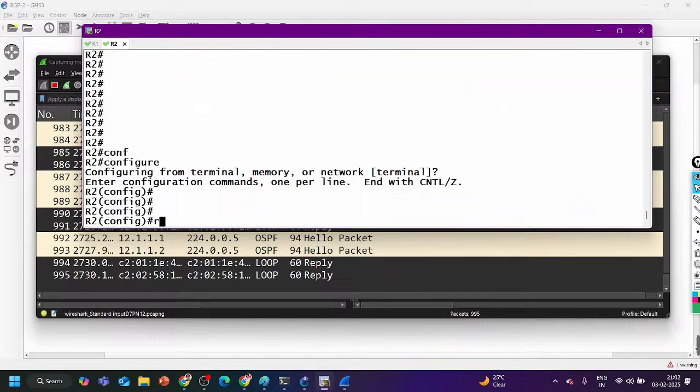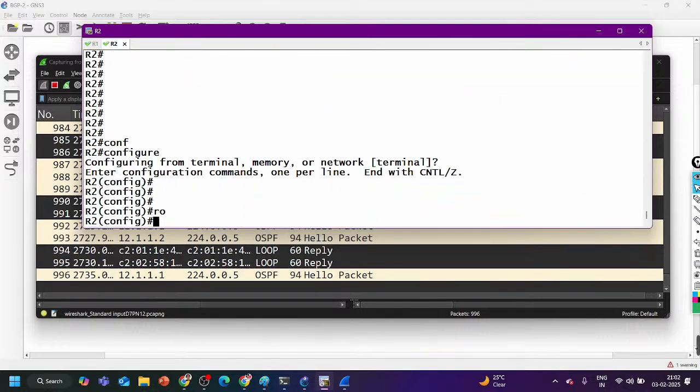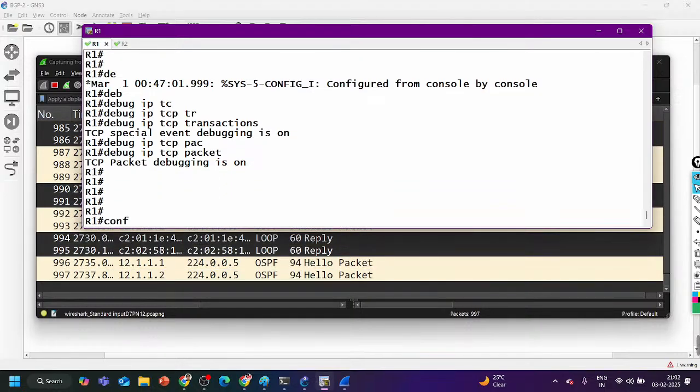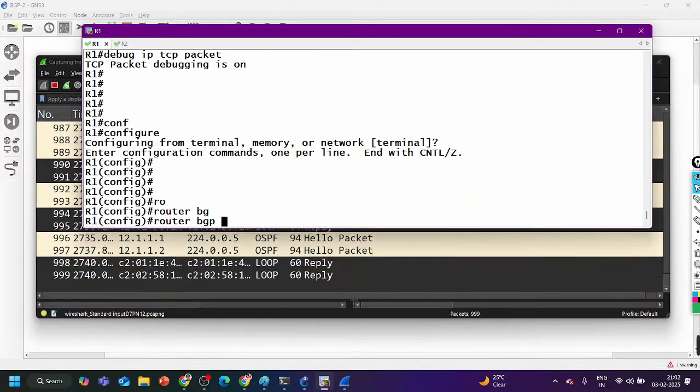Sir, is it loopback 1 or loopback 10? Loopback 10. Router or